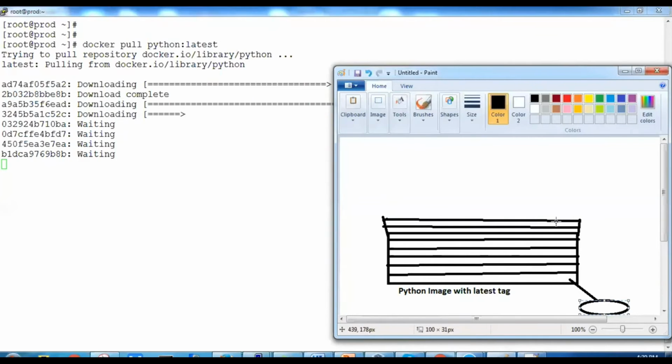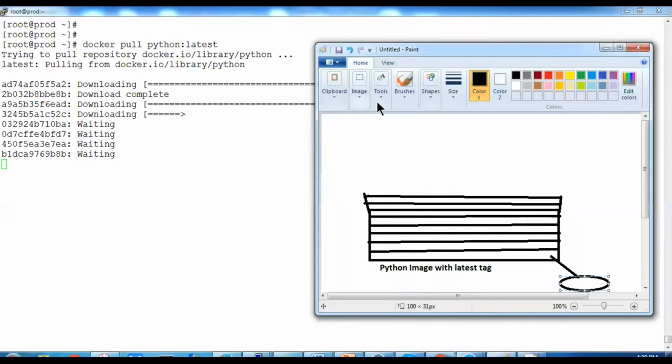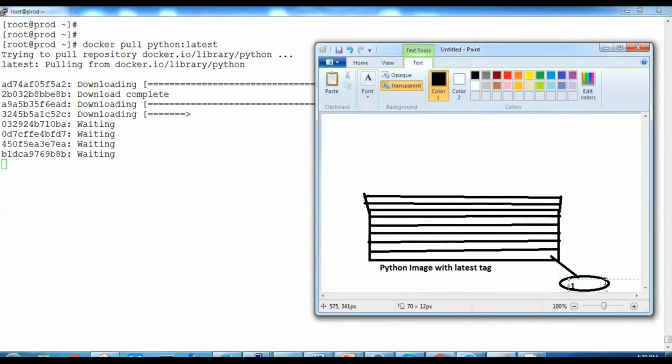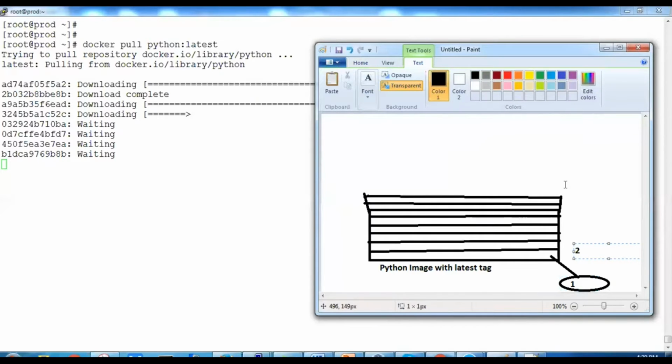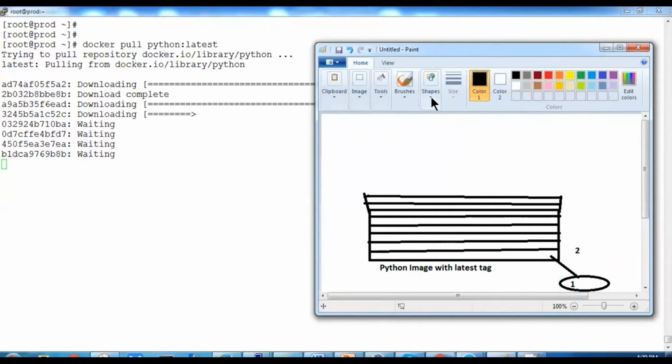So this is the number 2 layer, and so forth and so on. They have reached a total of 9 as of now.